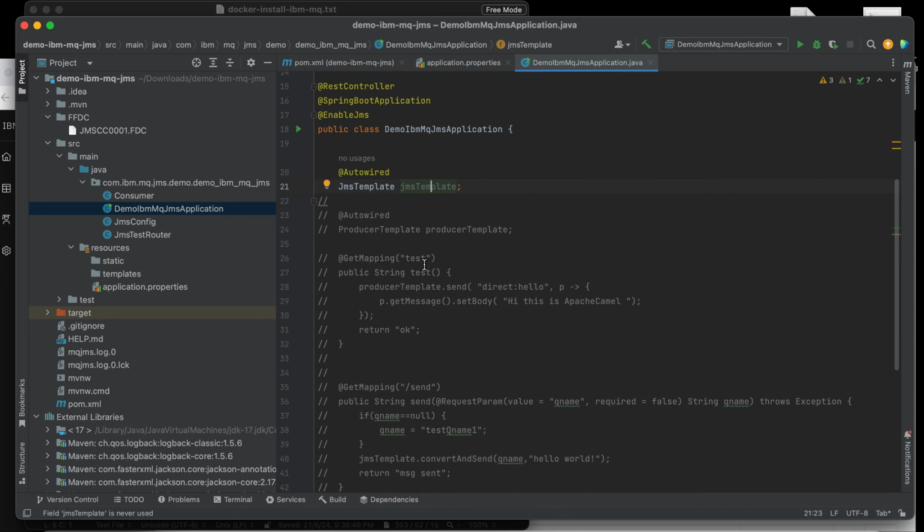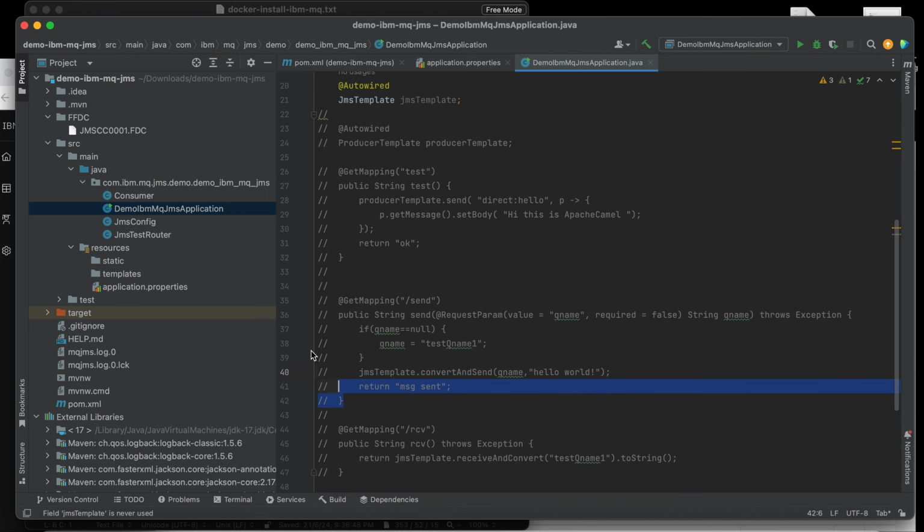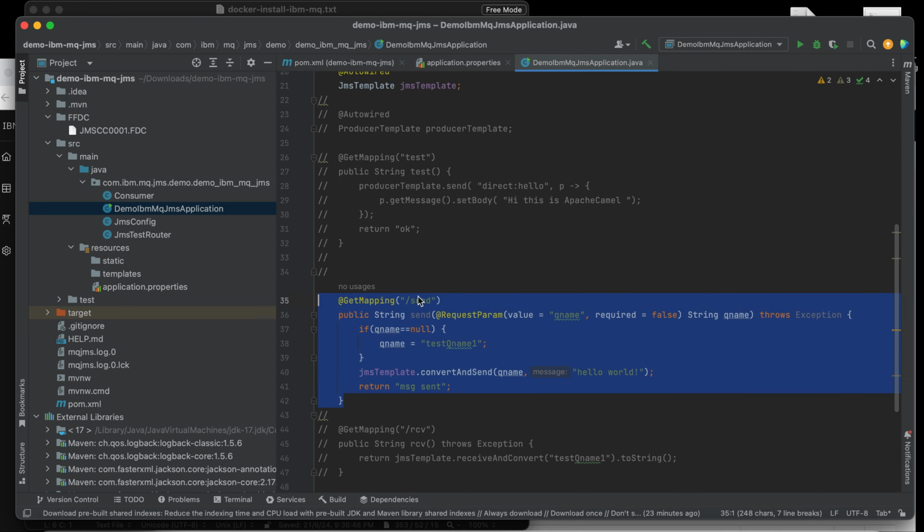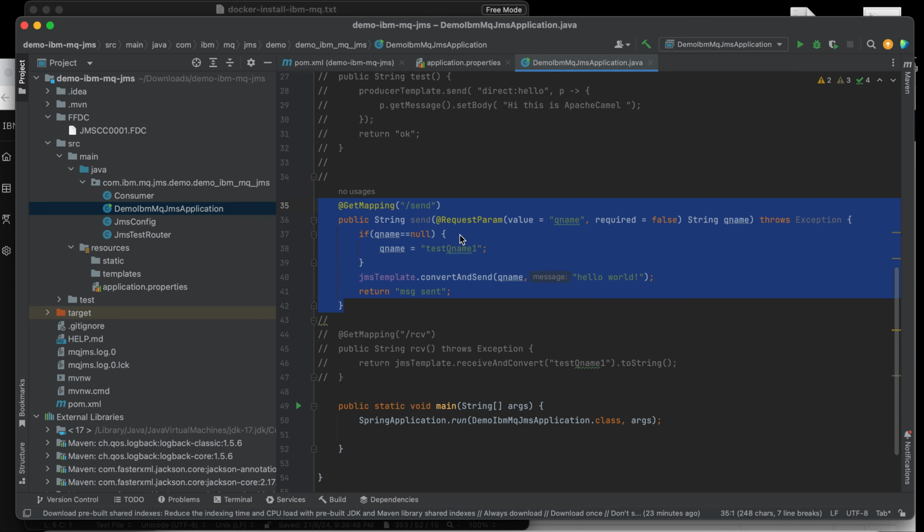We use this API to send and receive messages to our message broker, which is IBM MQ. So let's use this JMS template. This is to send.